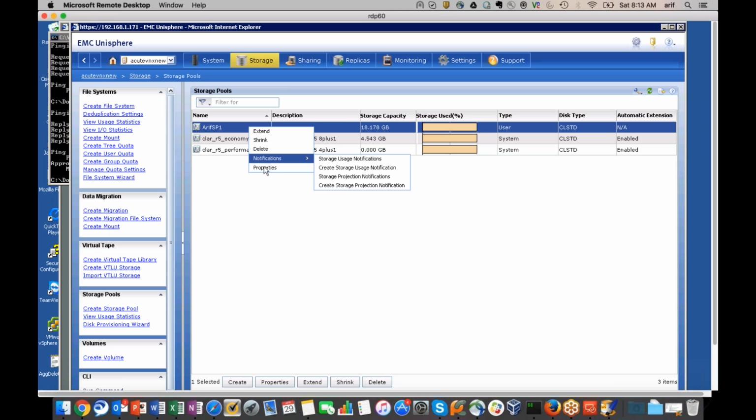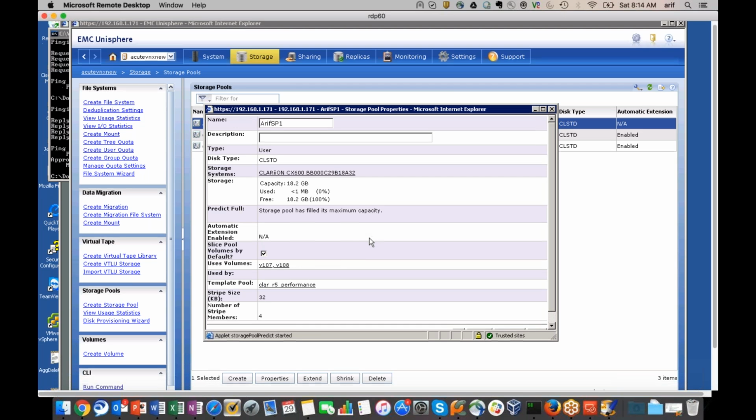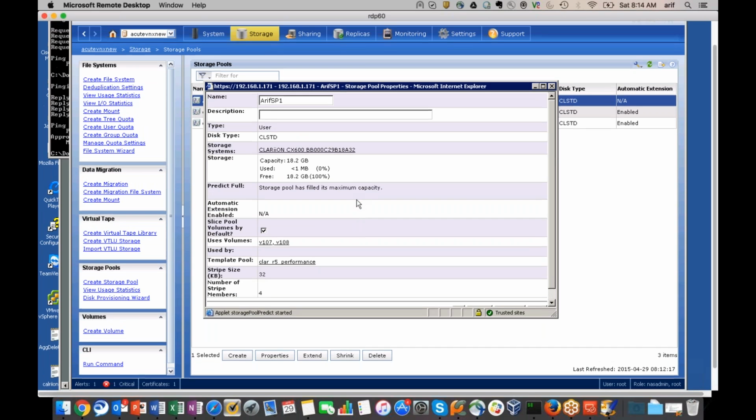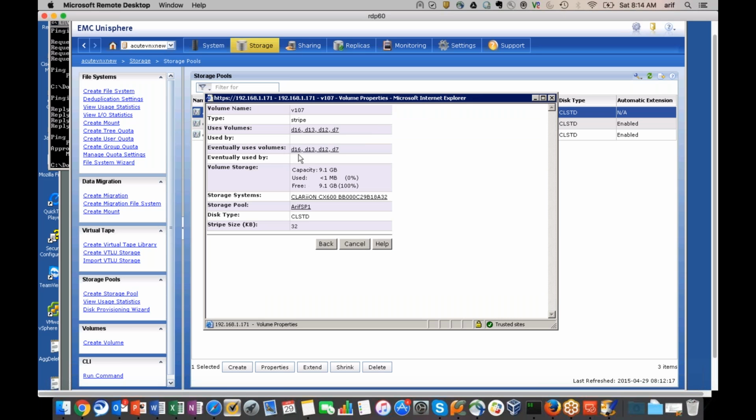So if I see the properties of it, this storage pool has been created on volume 107 and volume 108. If you click, it will locate where these volumes are present. These volumes are basically present on the hard disk drive. Disk 16, disk 13, disk 12, and disk 7 together make up a volume. You're getting it? These are our disk array enclosure hard disks,